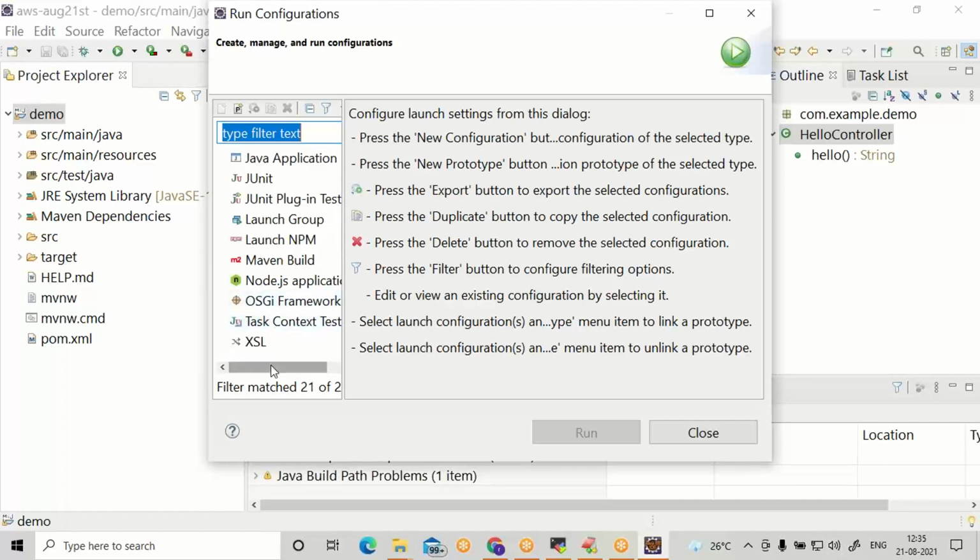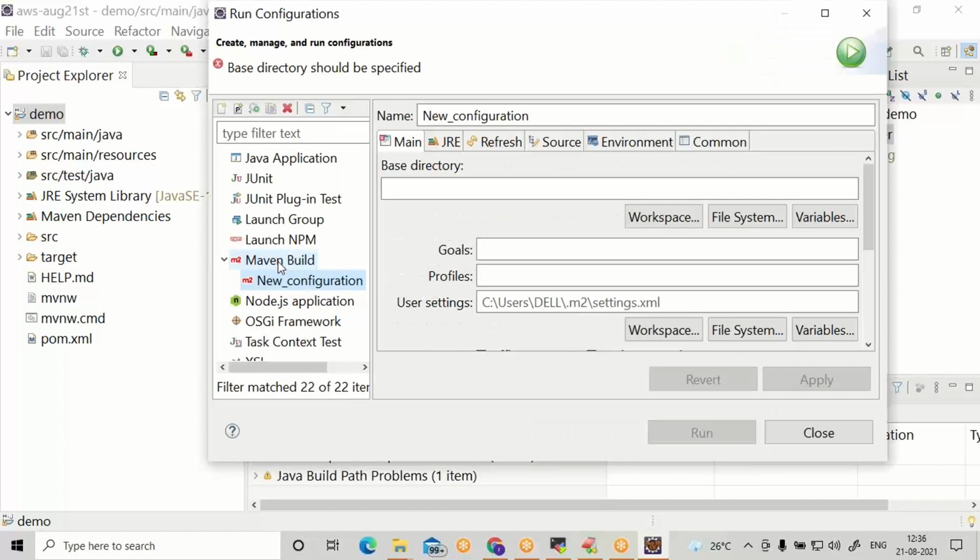You can see Maven. Select Maven Build. Double click on it. You can find a new configuration.